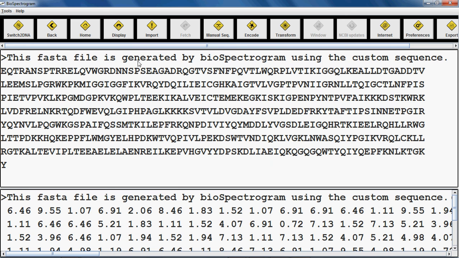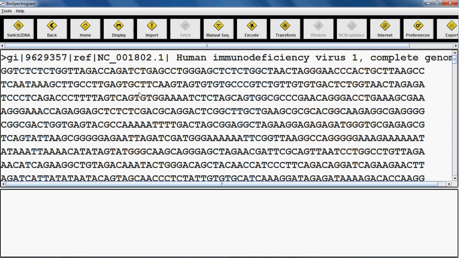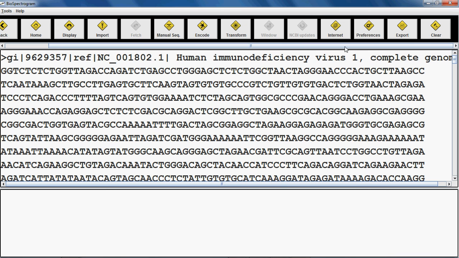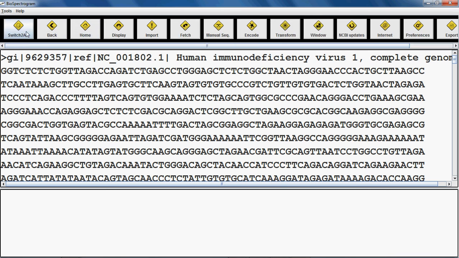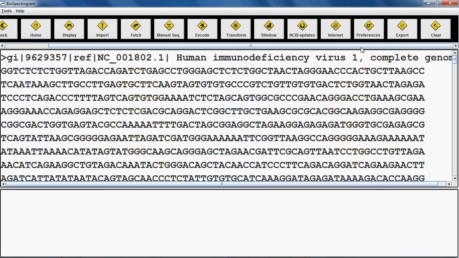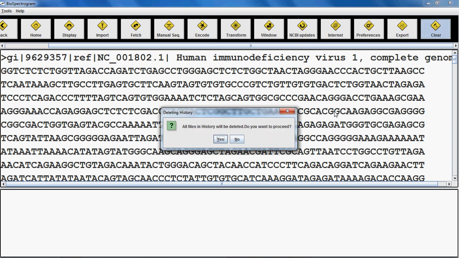There is also a clear history option. If you click yes, all the history will be deleted. Right, I'm not deleting it. Thereafter there are tools and help menu. Tools menu has almost the same options as there are buttons, as you can see here. There is an exit button which will close the entire application. Other than that, all the buttons are there already displayed.